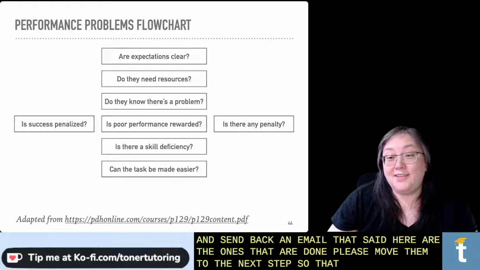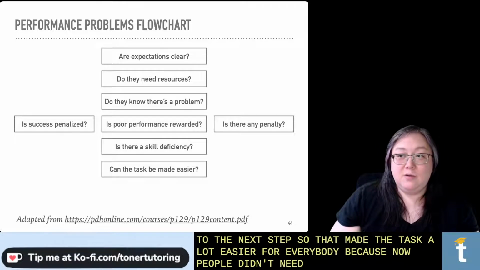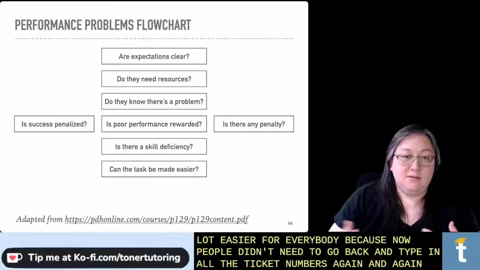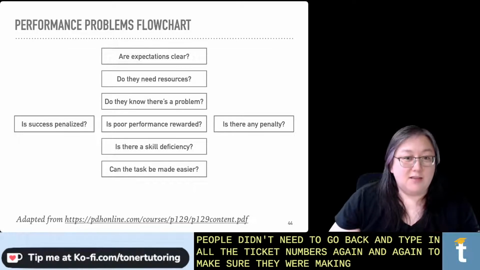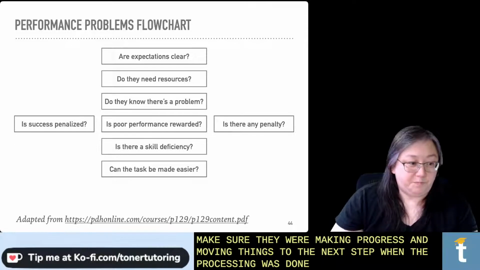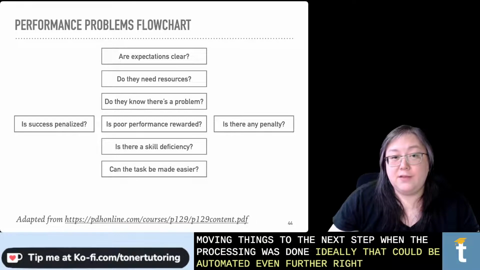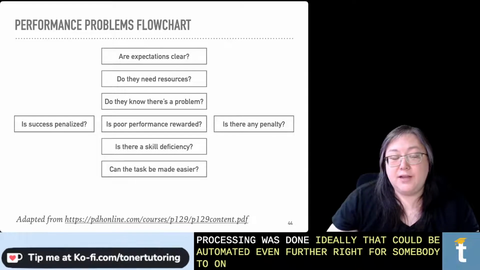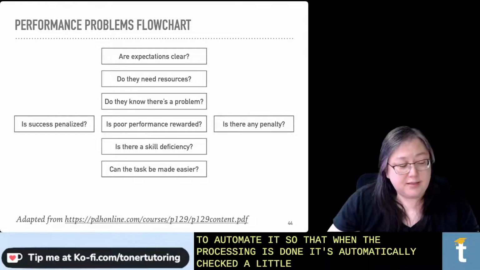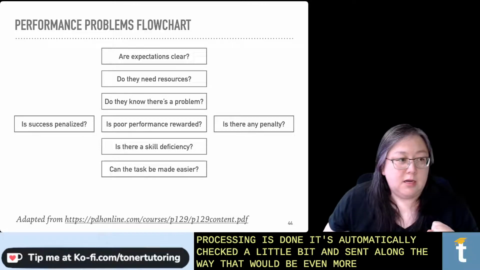So that made the task a lot easier for everybody, because now people didn't need to go back and type in all the ticket numbers again and again to make sure they were making progress and moving things to the next step when the processing was done. Ideally, that could be automated even further, right? For somebody to automate it so that when the processing is done, it's automatically checked a little bit and sent along the way. That would be even more of a